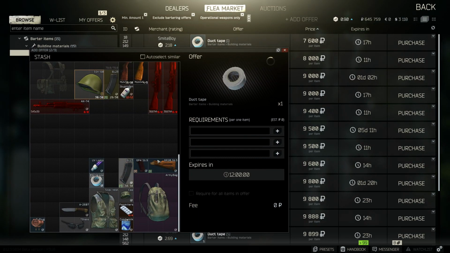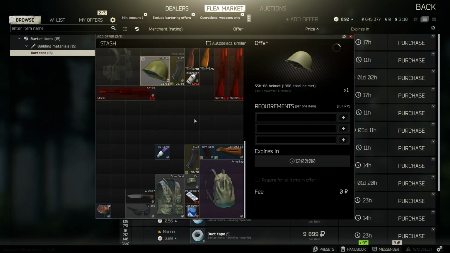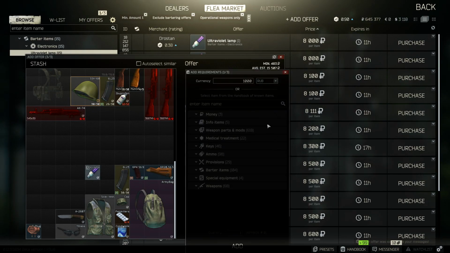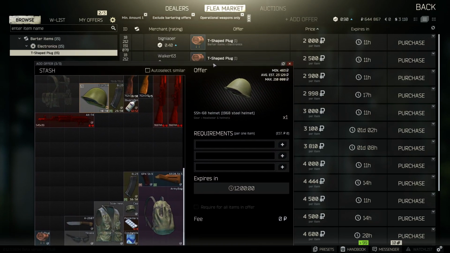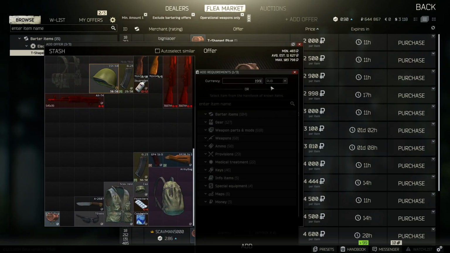The duct tape, wow, look at the duct tape. The duct tape's actually worth a decent amount for what it is. So let's sell that, and then let's go to the UV light, not bad either. Let's go 7,999. Sell that bad boy, and then T-plug, I think it was only like 2,000. So let's go like,